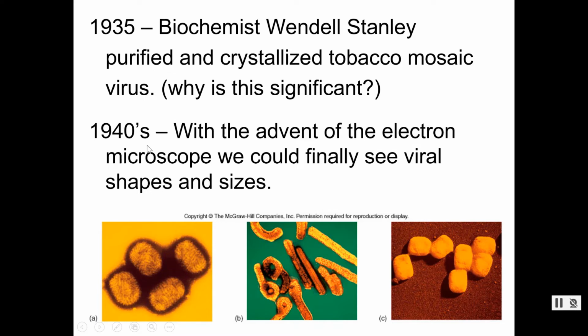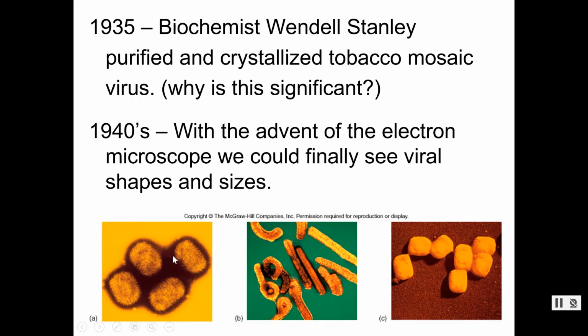The electron microscope was invented, I said the 30s, it was invented in the 1940s and allowed us to, instead of passing light and magnifying with light, pass electrons through an organism and then magnify it and see that electron pattern. This is how an electron microscope works. It means that we can magnify things much smaller than ever before. And so we got our first pictures of a virus.